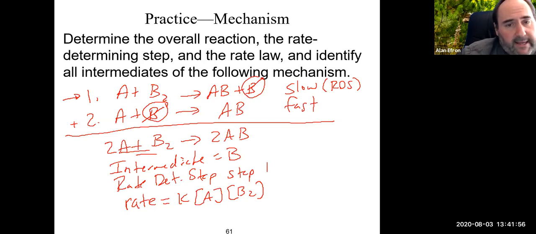So when we look at a mechanism and try to determine whether it's a good mechanism or a bad mechanism, there are 2 major things that need to happen. The first one is a very simple one. If you take all the steps in a possible mechanism, they do need to add up to the overall reaction that you're looking for. Obviously, if you add together all the steps of a mechanism and you don't get the overall reaction, it's not a good mechanism. Secondly, if you do add up all the steps and everything equals the overall reaction,